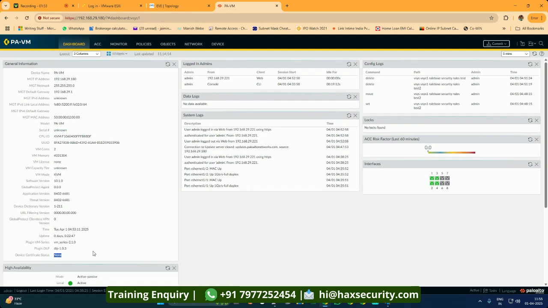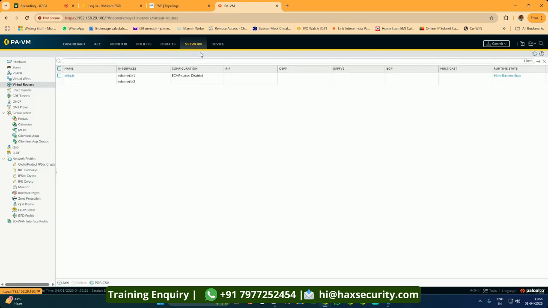Other than that, what kind of plugins are installed, even you will be able to see over here. So this is your dashboard page. Second is your network. Let's go with the very basic things about how to check the network stuff in the